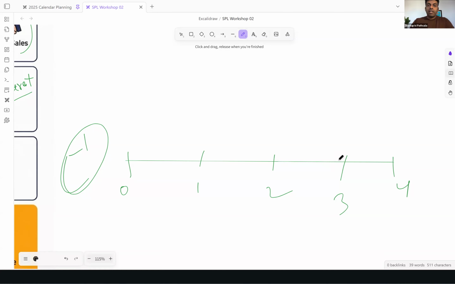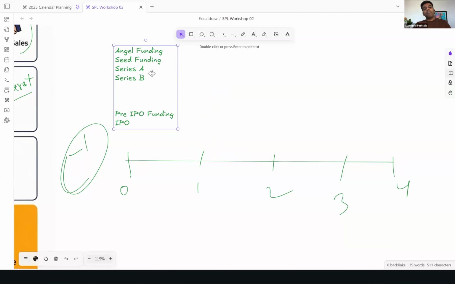The very first funding we typically get is what we call as angel funding, right? Then we get seed funding, right? Then we get series A, series B, वगैरह वगैरह ऐसे जाता रहता है. Then ऐसे घूम घूम के प्री आईपीओ फंडिंग करके एक आता है. Then उसके बाद आईपीओ, राइट? So this is just some terms to keep. मैं अभी बताता हूं कि ये हर टाइप ऑफ फंडिंग किस किस चीज के लिए होता है. Will come down to the question which सागर आज की बात मैं अभी क्या पूछूं और किसके लिए पूछूं, right? Will come down to that, right?